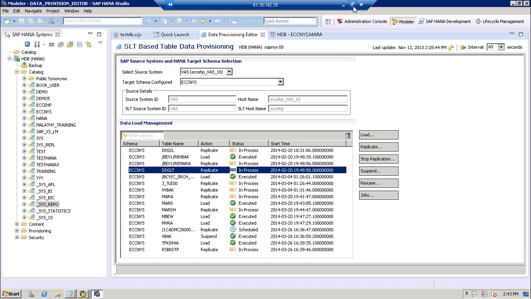Point number 2 is the in-memory database. Your data storage is happening in RAM, and you are storing the data column-wise, so your retrieval becomes much faster as compared to the traditional database, where you are storing the data row-wise. There are immediate advantages associated with in-memory DB, and that's why customers are going for real-time data access, faster retrieval, and also it is able to manage the high volume of data.